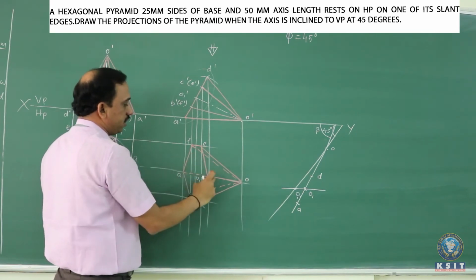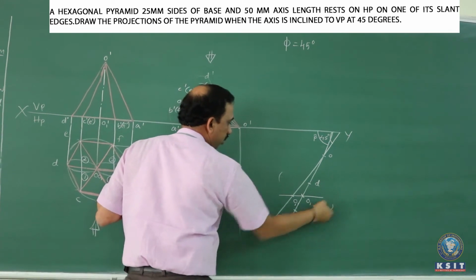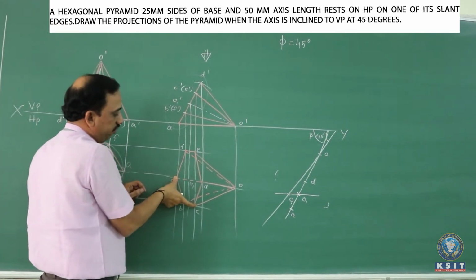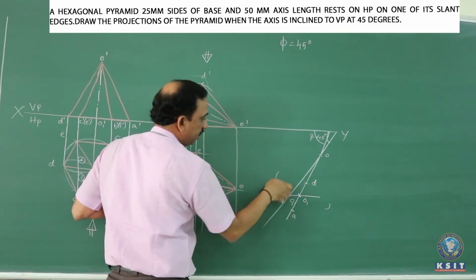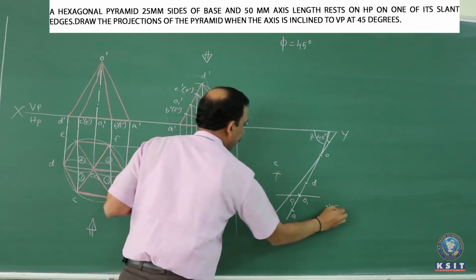Measure D to E, it's the same distance as D to C. With D itself as center, drop an arc on both the sides. Measure right now A to E, it's the same distance as A to C. With A itself as center, cut these arcs. When you cut these arcs, you get this as E, this to be as C.